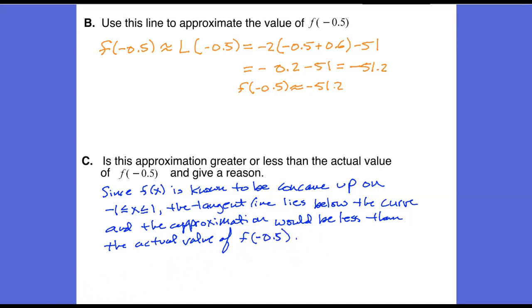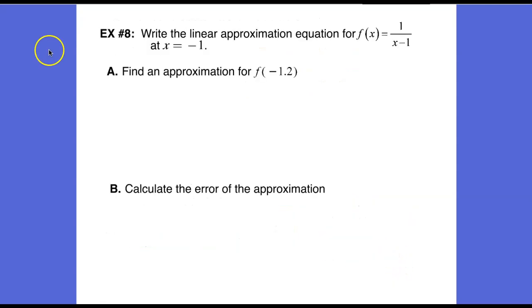And if we wanted to draw a picture to go along with this, we might have some sort of concave up curve and tangent line. So here we have our point of tangency, negative 0.6 comma negative 51, and then we have this point on our line that is negative 0.5 comma negative 51.2, and this vertical distance here is the deviation from the original function given by our tangent line, the error. In example 8, we're told to write the linear approximation equation for f of x equals 1 over x minus 1,